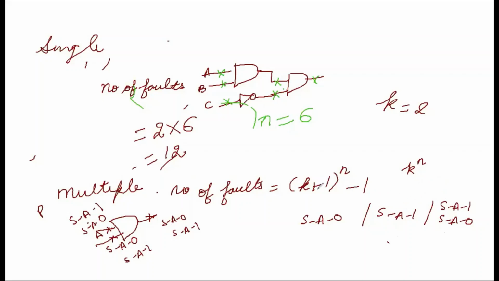So this third case is going to be accounted for by the plus 1, and n is the number of nodes. So हर node के लिए count करना, so I put it to the power n. Okay, and then finally we are subtracting 1 to take into account the circuit which is fault free. So (k plus 1) raised to power n is going to take all the possible combinations. From all those possible combinations, the case where I am getting the fault free output is accounted for by 1. If you want to check this, you can make a table and you can see this.